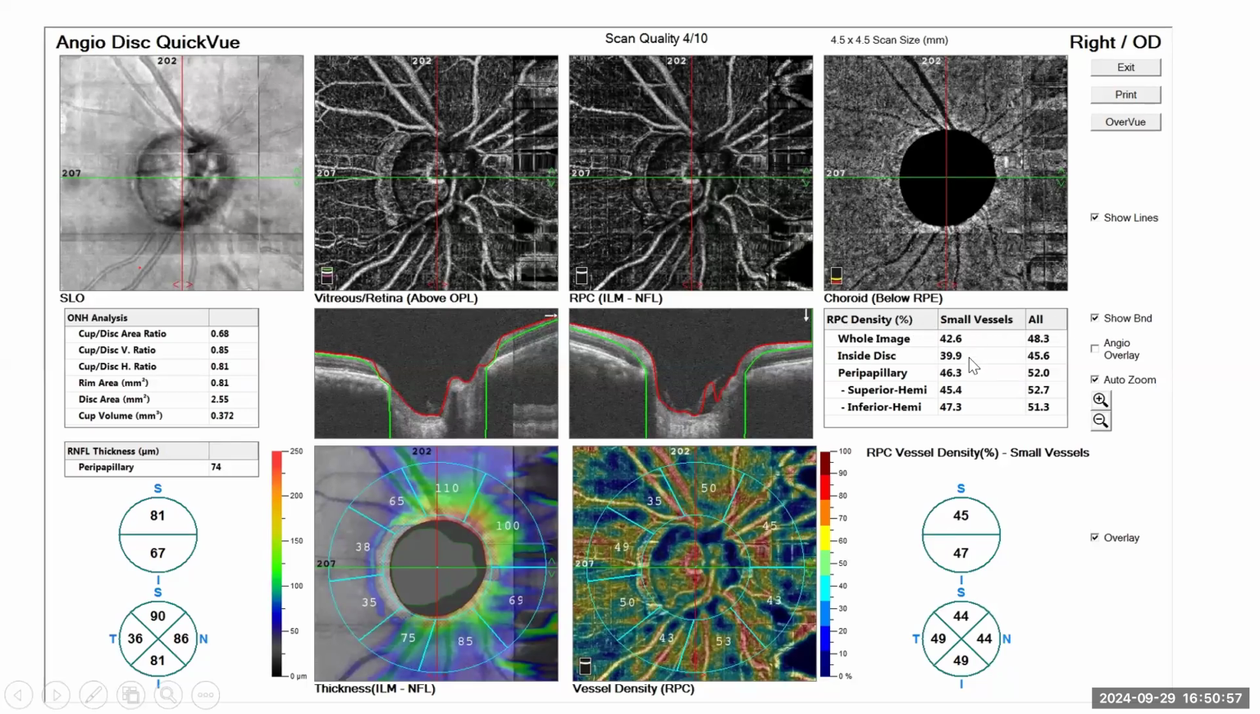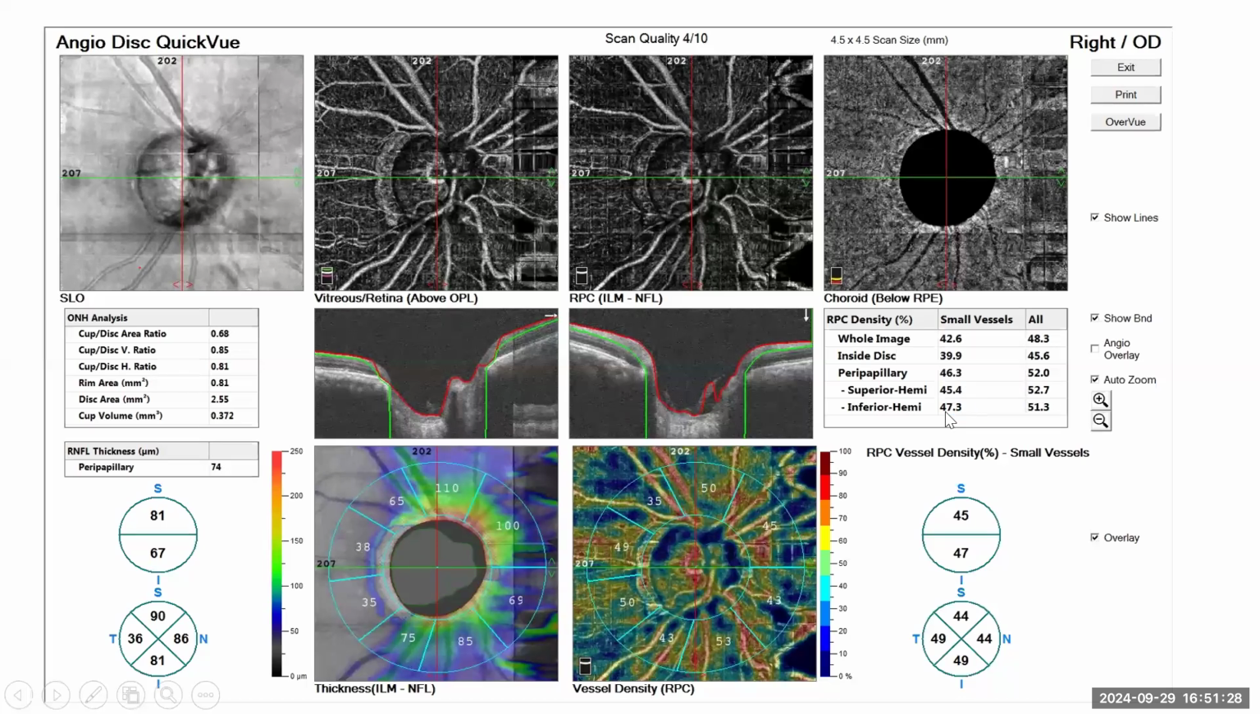The small vessels constitute up to 80 to 85% of the vessels of interest. So the whole image is one parameter. There are vessels inside the disc, and lastly, the peripapillary vessels. The most studied one is the peripapillary vessel density. It is now divided into superior hemisphere and inferior hemisphere. And you see the figures here,